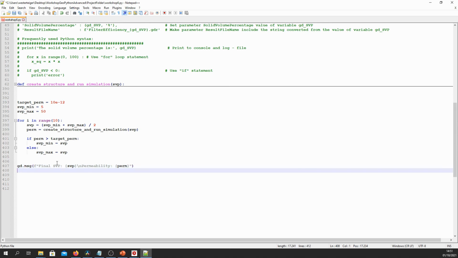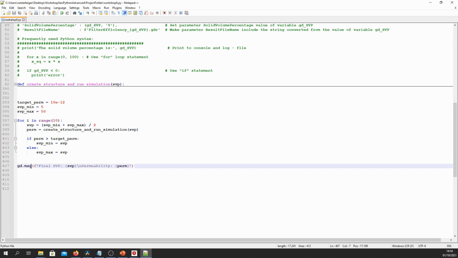So this will output two lines in a box again with the final SVP value and the final permeability after this 10-step optimization process. So let's save this file. Oh, and I'm sorry, it should of course be message box, not message. So MSG box, save again.